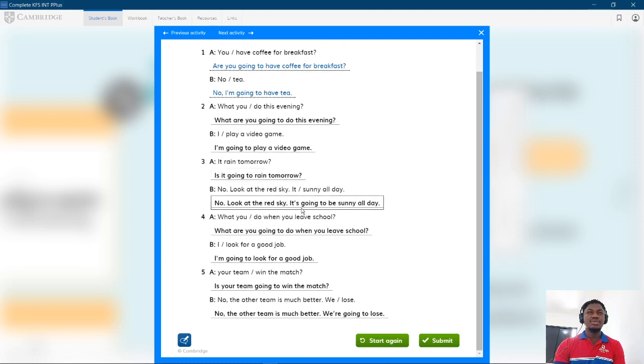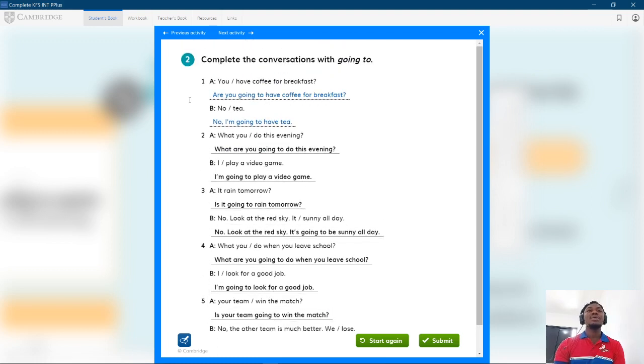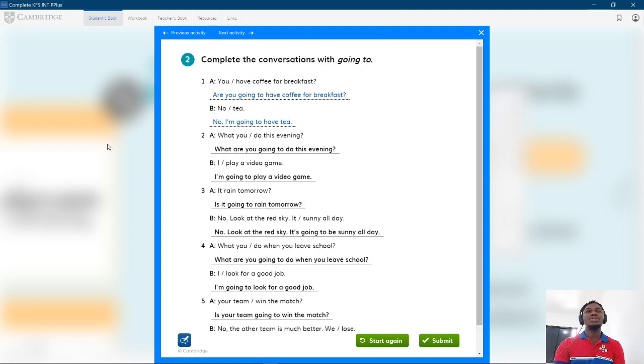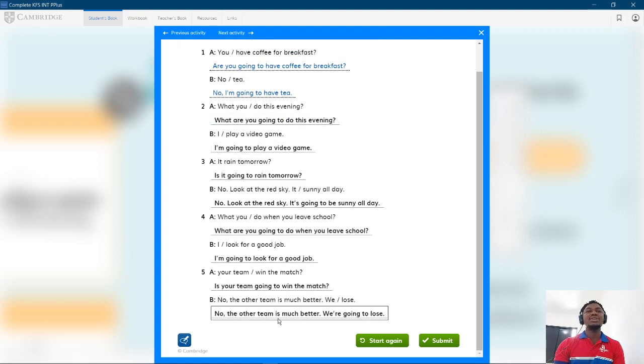Okay? All right, guys. Let me see. Exactly. So, guys, these are the simple answers of going to be. All right. So these are probable. This one is a probable prediction because the other team is better. He predicted the future. This is a plan. I am going to look for a job. The sky is red. It is a prediction. It's going to rain all day. I am going to play a video game. It is a plan. Okay, so guys, we have a plan,